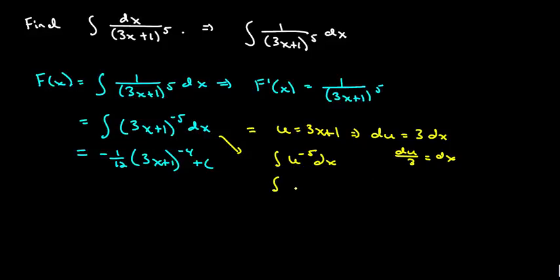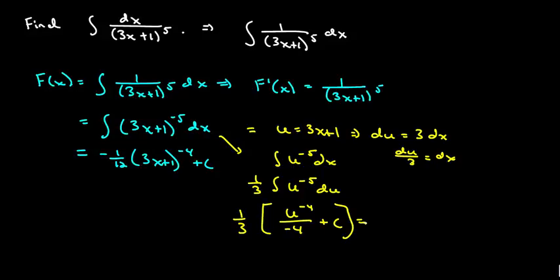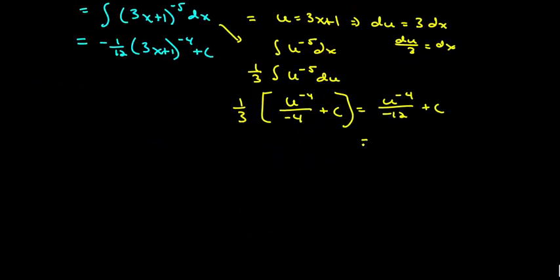So this will be the integral of u to the negative fifth du times a third. And now the integral of this is going to be u, we add 1 like this. And this is going to be u to the negative fourth over negative 12 plus c,